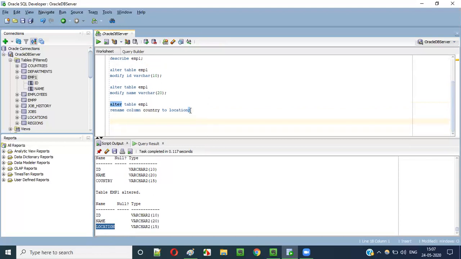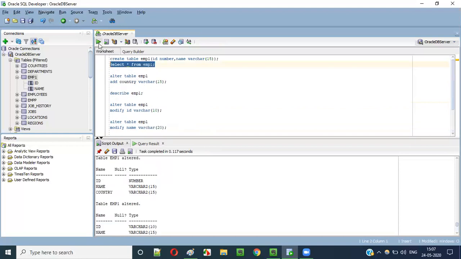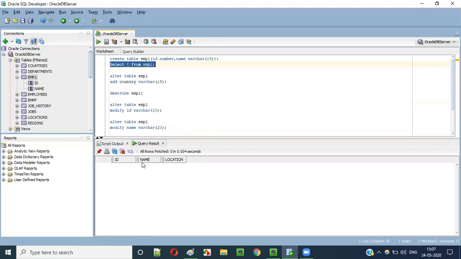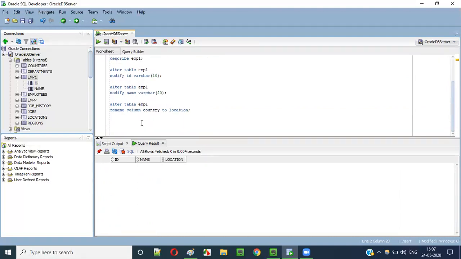Then I would like to finally delete a column. Okay, I would like to remove a column. If I say select star from emp1, how many columns are there? Three columns will be coming: ID, name, location, right? ID, name, location. I would like to delete, or remove, this location column from the table. How to do that? Again, same thing. Alter table emp1. Okay, drop column is a keyword. Drop column, which column you want to drop? Location column I would like to drop. Out of these three existing columns, I would like to drop the location column.